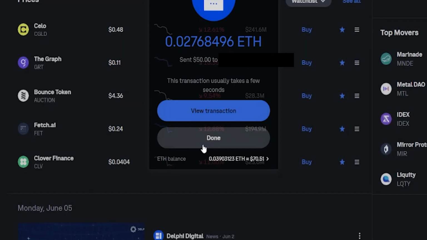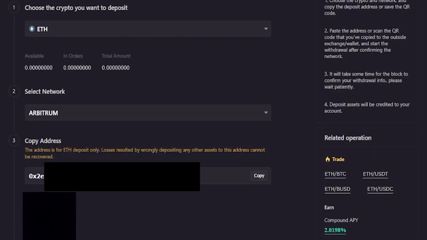So I'm just going to go ahead and click on done, and I'll bring Lbank back into frame. And here's a quick tip with this. If this is your first time sending coins to the Lbank platform, just send a small amount first. That way you can confirm that you have the correct address as well as the correct network. Once that small amount of coins shows up on the platform, then you can have the confidence to send in